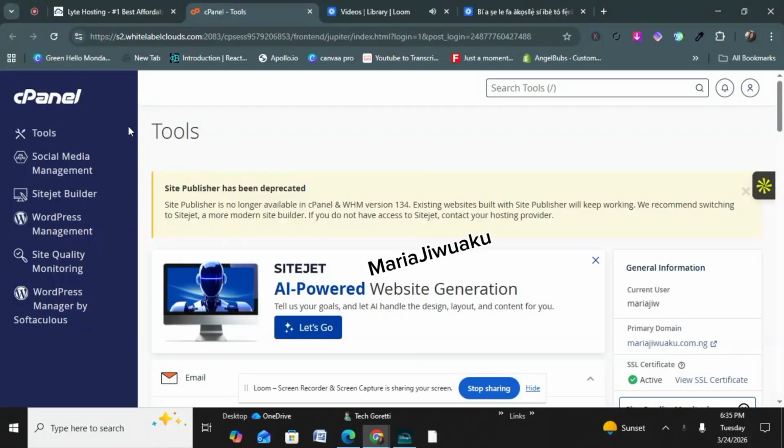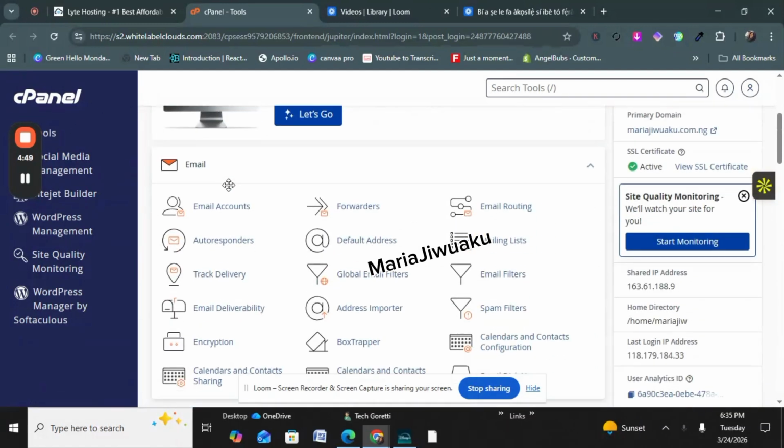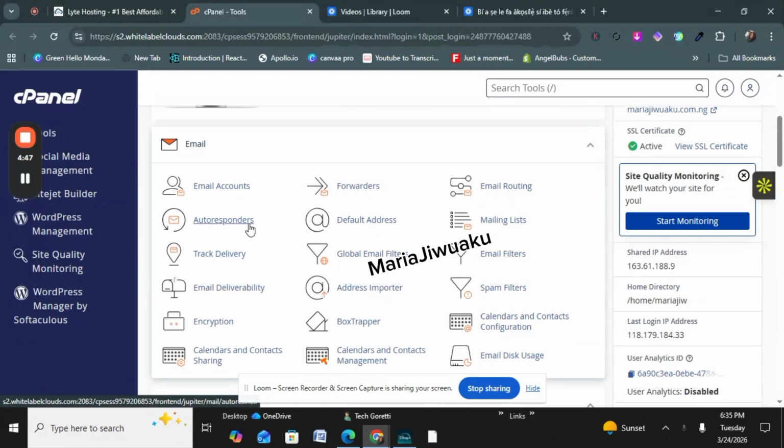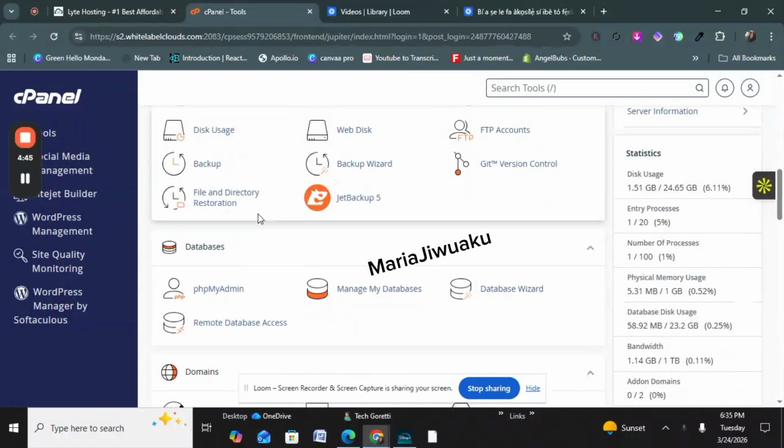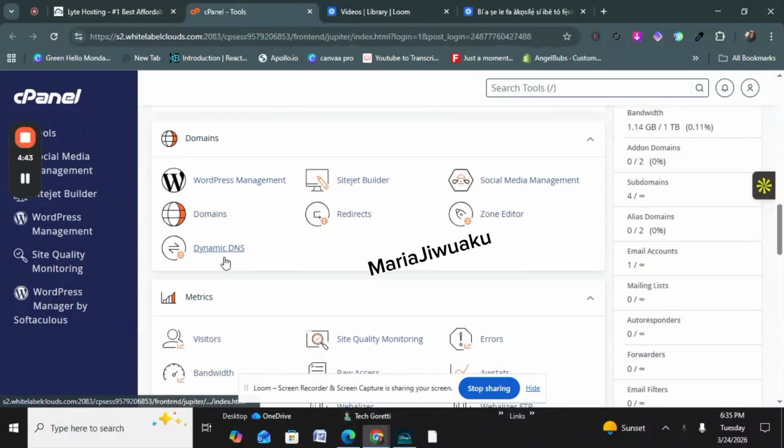How to create a subdomain from your domain. So you simply log into your cPanel. After logging into your cPanel, you scroll down. You're going to be somewhere here. So you scroll down to where you see domain. So this is domain. You click on it,